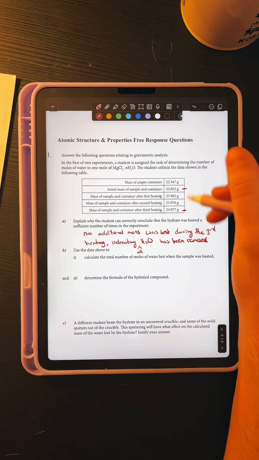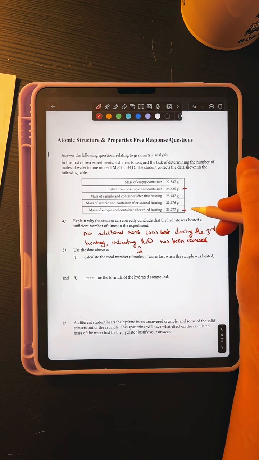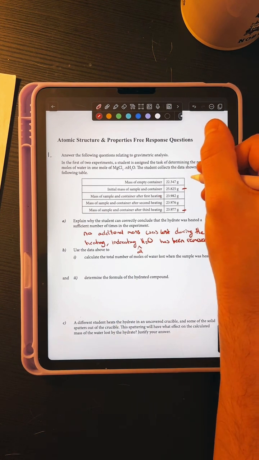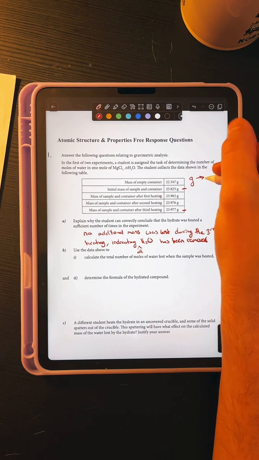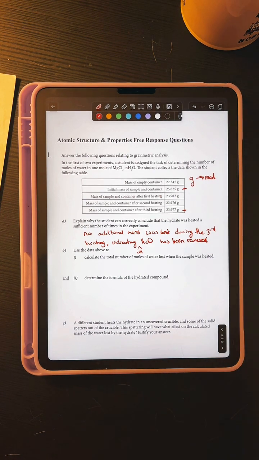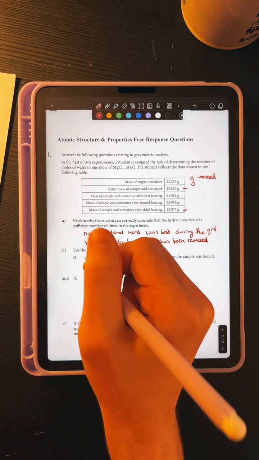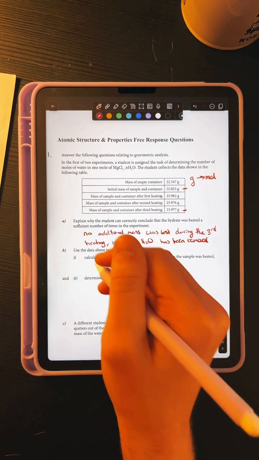Now the mass of the water will give us a value in grams, but we're looking for number of moles. So we're going to do a subtraction, get grams, and then we'll go from grams into moles using the molar mass. Okay. So here, let's go ahead. I'm going to start doing this, but if you want to do it off to the side, we have